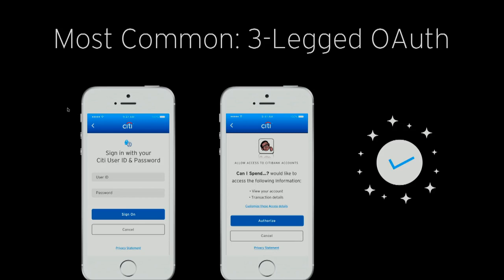The one that we'd like you to use is the auth code type of grant, or as we call it, 3-legged OAuth. The great benefit of 3-legged OAuth is that the customer credentials are not stored by you as developers. Rather, during the authorization flow, you generate what's called a redirect URI in the developer hub, and I'll show you how to do that in a little bit. When you specify the auth code grant, you go to a Citi website where a user enters his or her authentication credentials, and once you are successfully authenticated, we will redirect you back to the redirect URI, and you can continue on with the program flow.